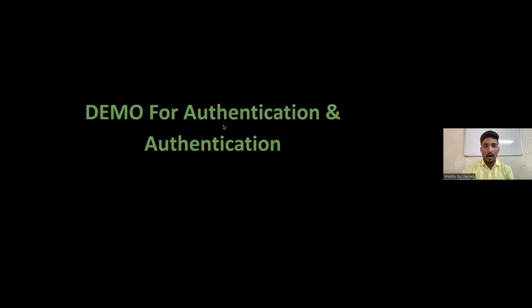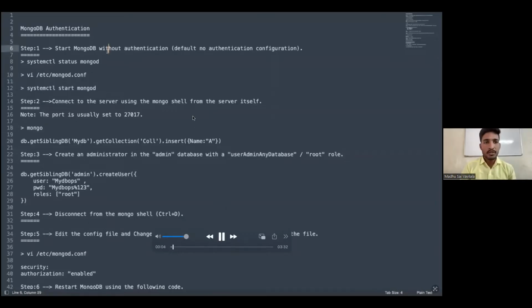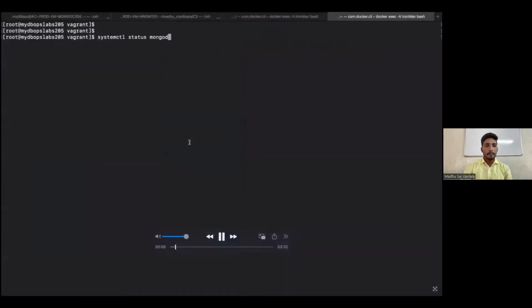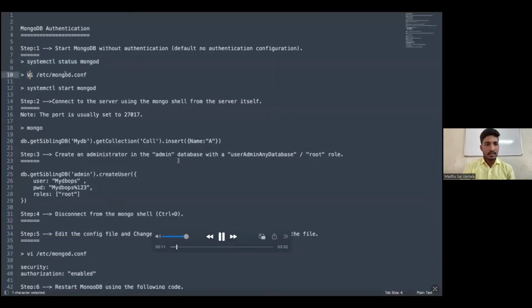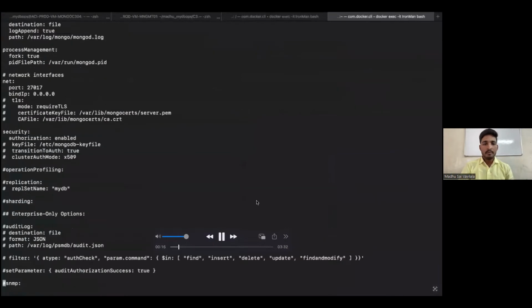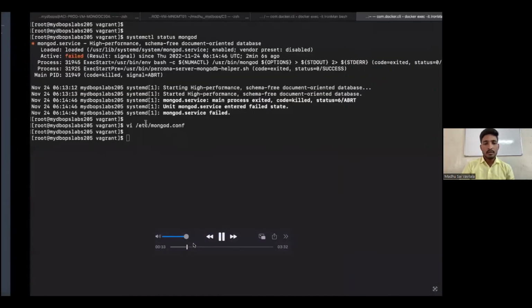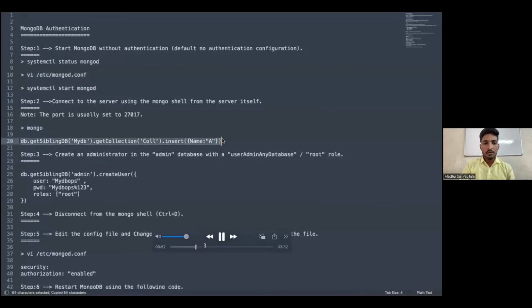A demo for authentication and authorization. These are the few steps involved in enabling authentication in MongoDB. Here I am going with the SCRAM authentication mechanism. First, restart MongoDB without enabling the security option. Create a user with root privileges.